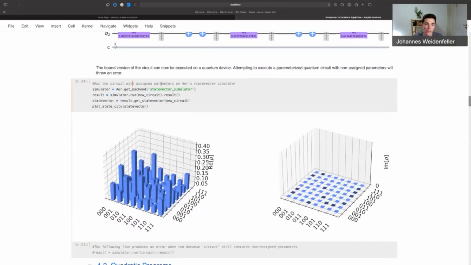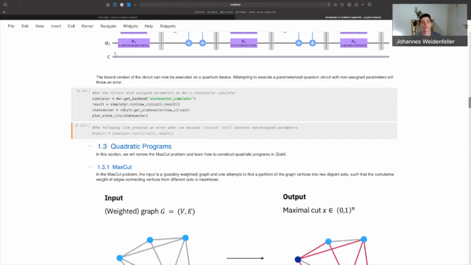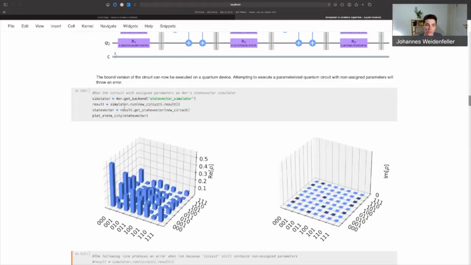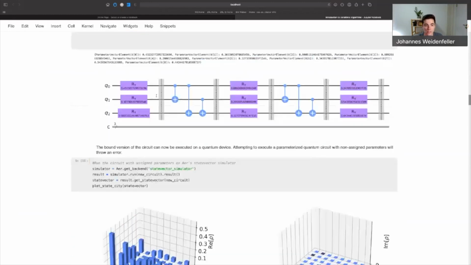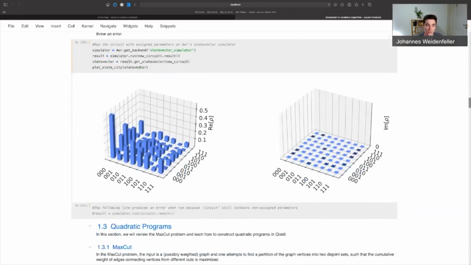And maybe just as a reminder on how to do that, let's try doing this with Aer's statevector simulator. We first of all have to get the backend. This is this line. And then we just execute this method run on our simulator with the argument of the circuit. And the result of this will be the result object from running our quantum circuit, and we can get the state vector, in this case because we're doing a statevector simulation, by calling get_statevector on this new result object. And then plotting this state vector, we can see that it worked.